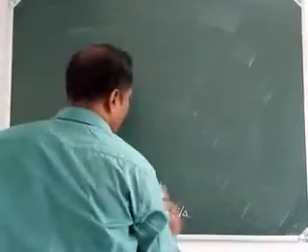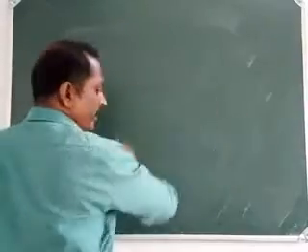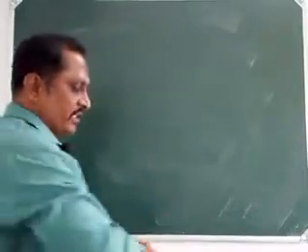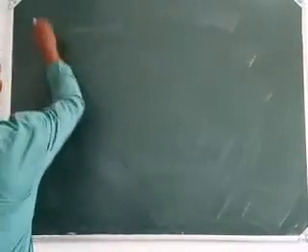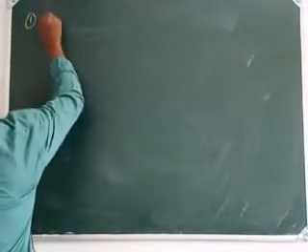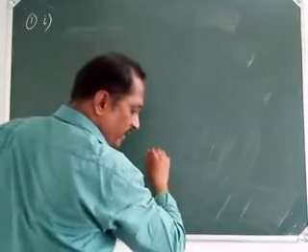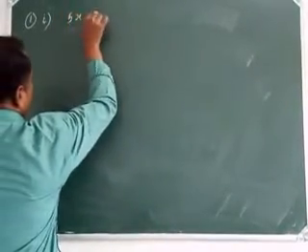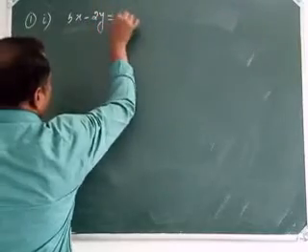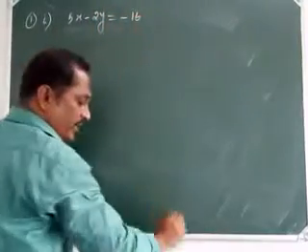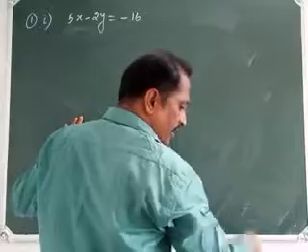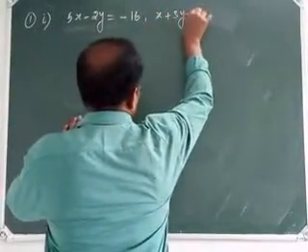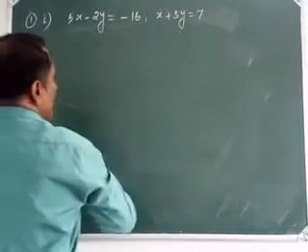Right, now let's go to the exercise sums. In exercise 1.4 are the Cramer's rule method sums. In exercise 1.4, first question, first division. These are two variable sums. The given sum is 5x minus 2y plus 16. This plus 16 goes to the right side as minus 16. And the second equation is x plus 3y minus 7, which goes to the right side as plus 7.